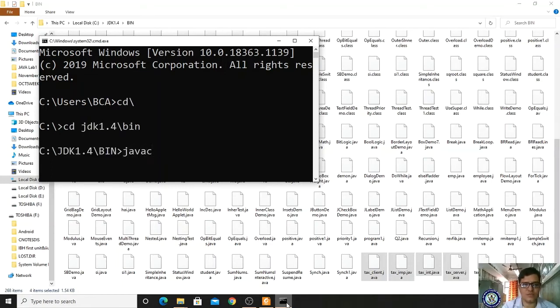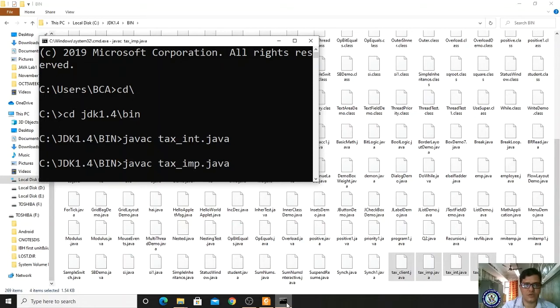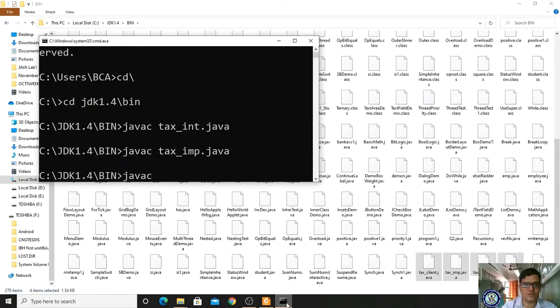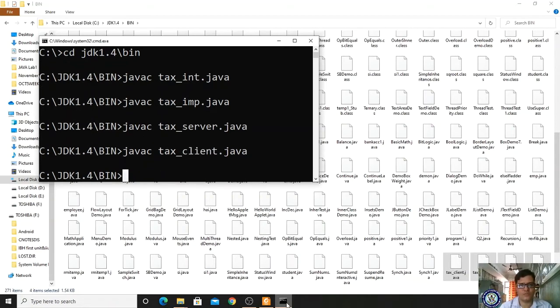Now compiling javac tags_int.java, no error. javac tags_imp.java, implement, there is no error. javac tags_server.java, there is no error. javac tags_client.java, there is no error.